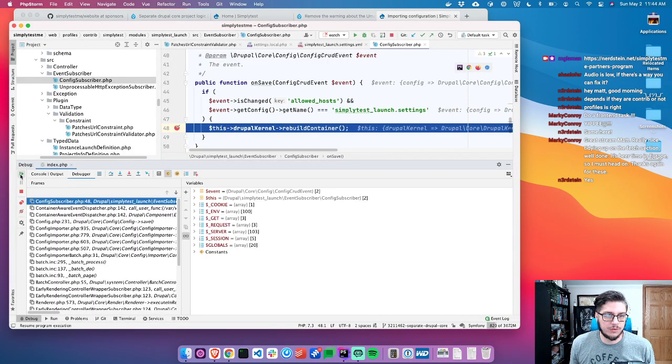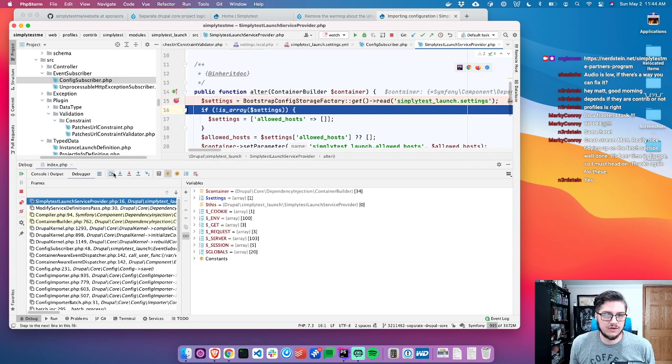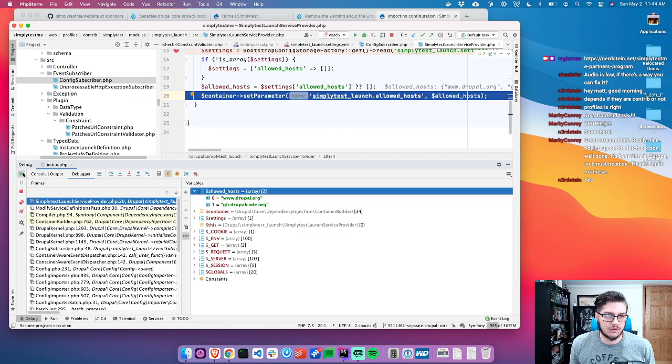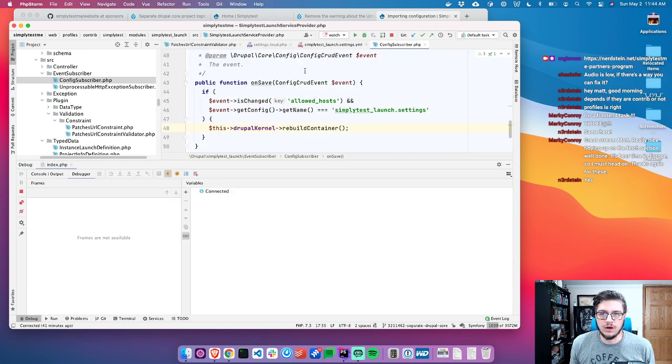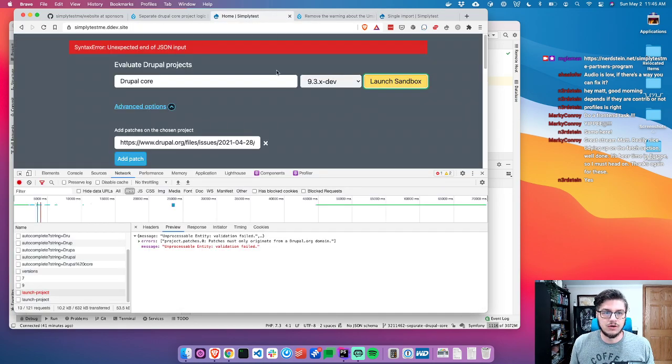Okay, so it's rebuilding the container for us. Settings, the allowed hosts. All right, it's working now. I don't know what happened there. But it's there. So now,